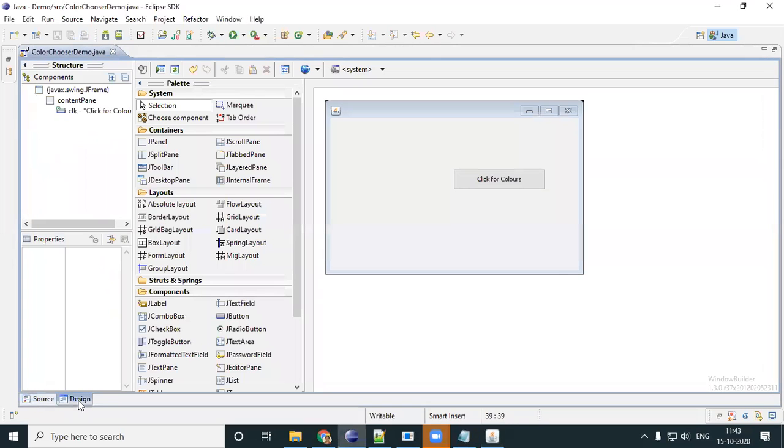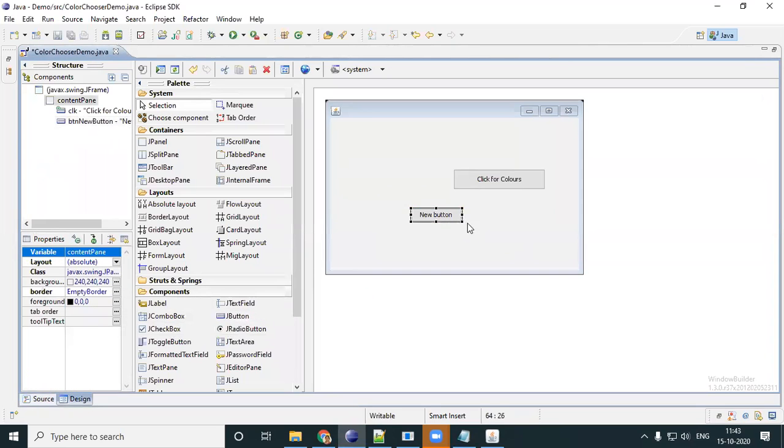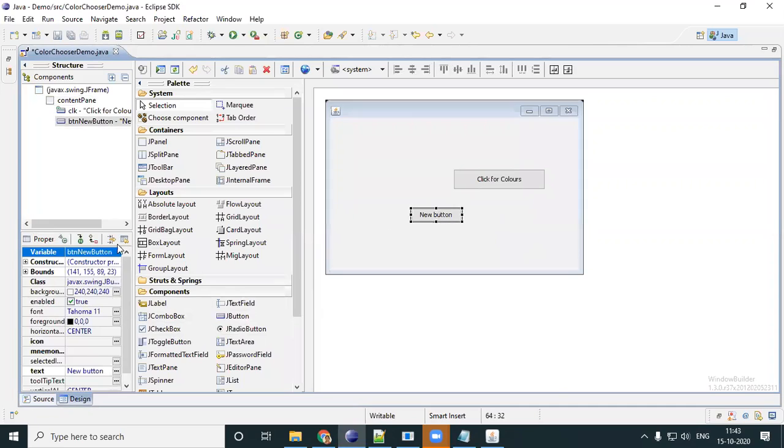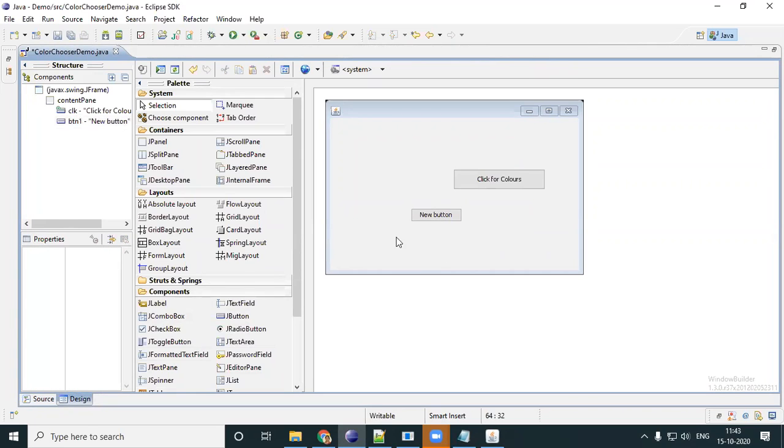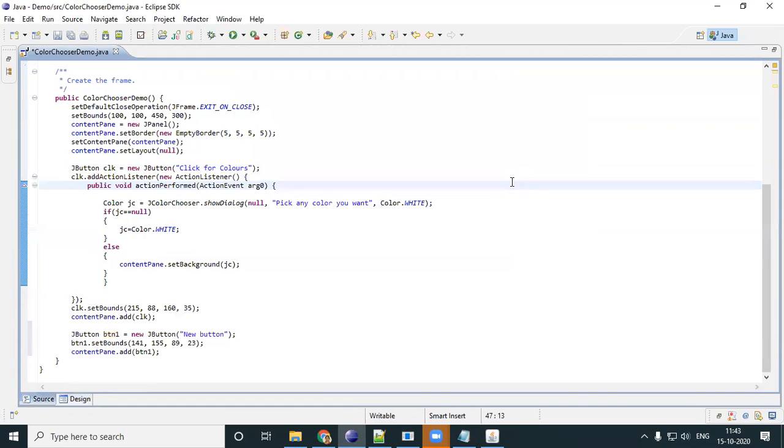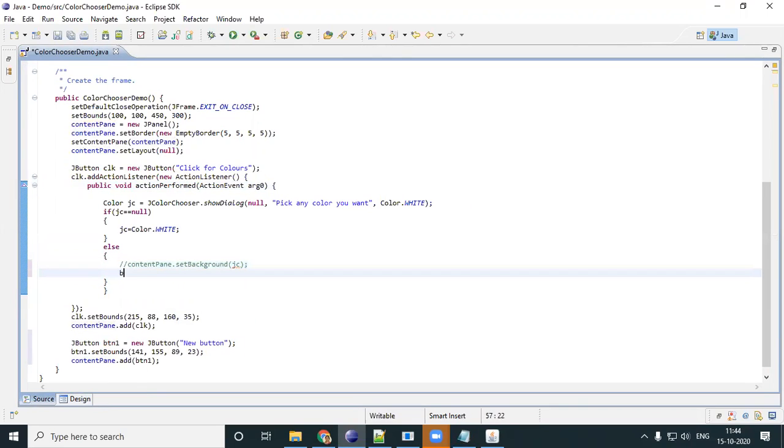Let's say I'll have another button also, JButton. I'll just name this button as button 1. I'll go back to my source. So instead of changing my whole frame, what I'm planning to do is button 1.